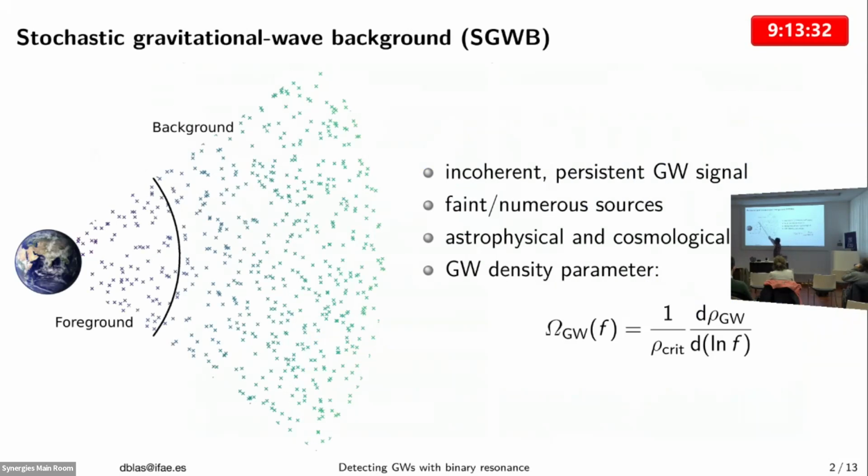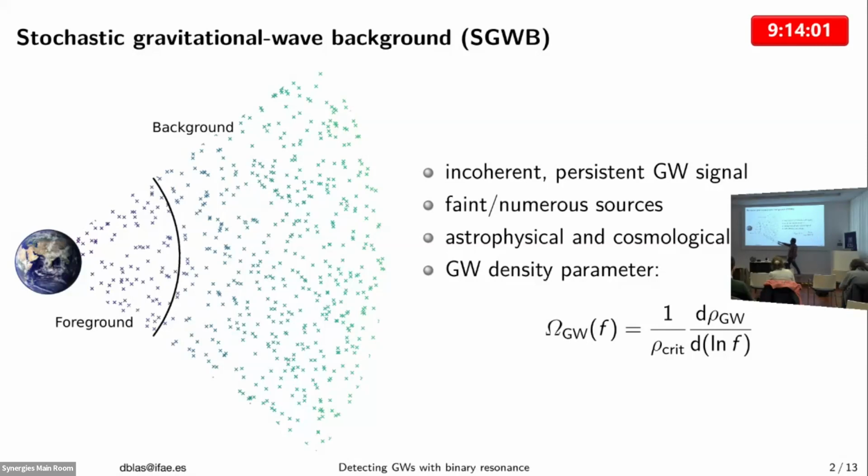So how do you generate this background? Well, there are different possibilities. One of them is cosmological, which, as I'm going to explain, is the most relevant one. There was a transition in the early universe, very far away from you. There were some sources of gravitational waves, so abundant that eventually the signal that comes to you is generated by the accumulation of all these sources hitting the Earth. This is a collection of waves which is incoherent, because these sources don't talk to each other.